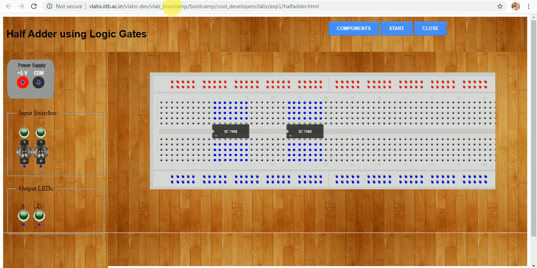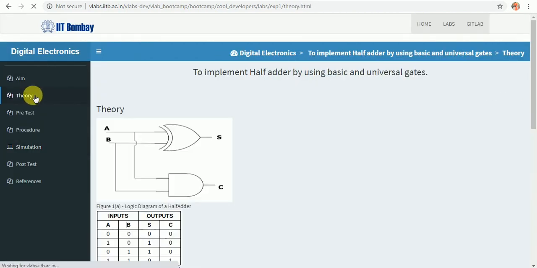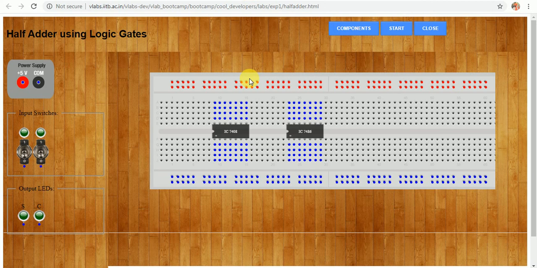Here students can refer to the circuit diagram. S equal to A XOR B. In both ICs we have the count of 4 gates. In IC 7408 we have 4 AND gates.